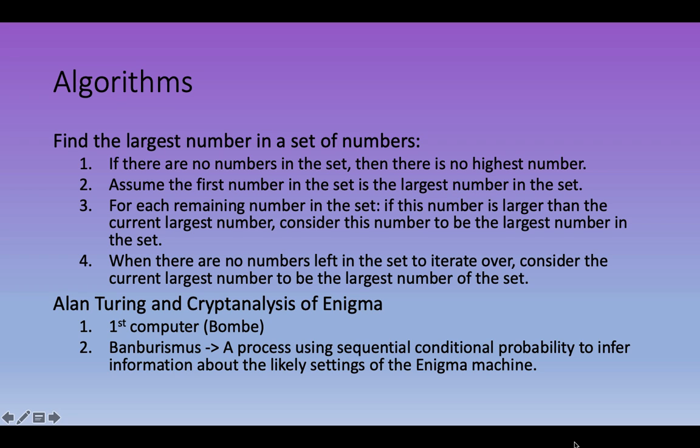One of the first and classic examples of the applications of algorithms was through the work of Alan Turing and the cryptanalysis of the Enigma communications tool that the Germans used during World War II. And if any of you have seen the movie about this, The Imitation Game, I think is what it's called, it's an excellent movie. It talks about this, but this is basically the first time we took a kind of computer called a bomb, and Turing developed a process that was referred to as Banburismus,